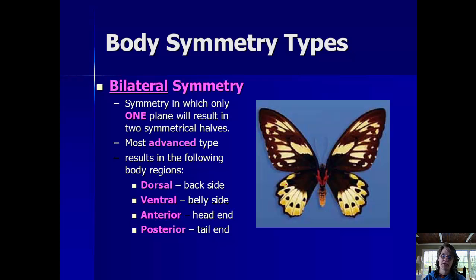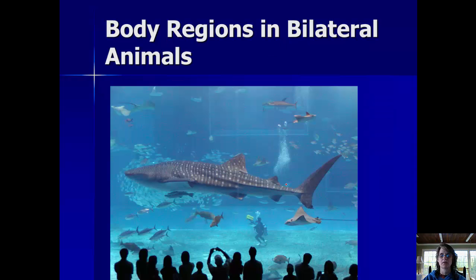So, if we look at this beautiful butterfly, there is only one plane through which we could cut that butterfly's body and get two symmetrical halves. Same goes for this whale shark here. We would have to cut it down the middle of its body. Now, you have to do this from above, and we're looking at a profile. But if we do orient this